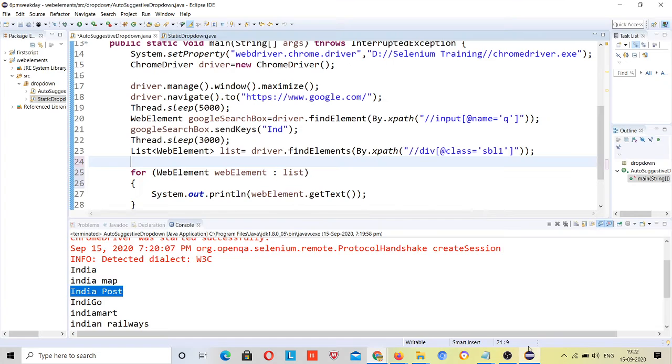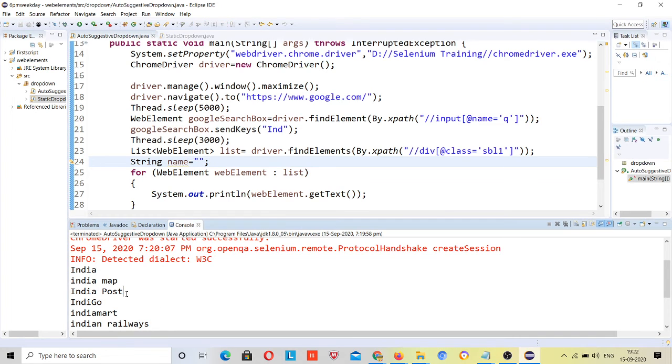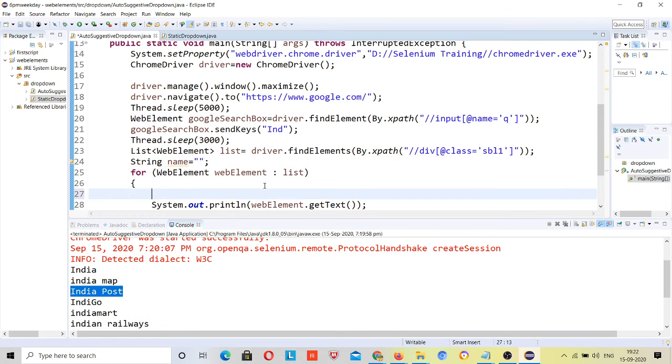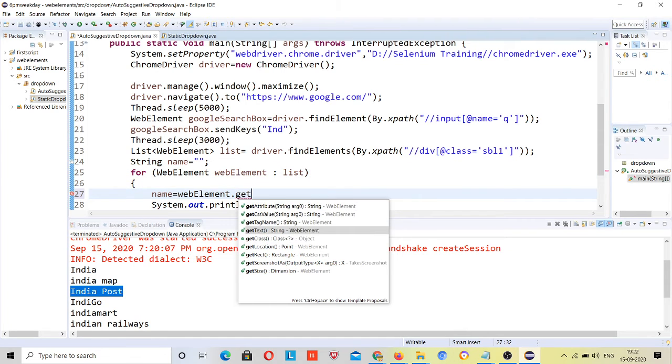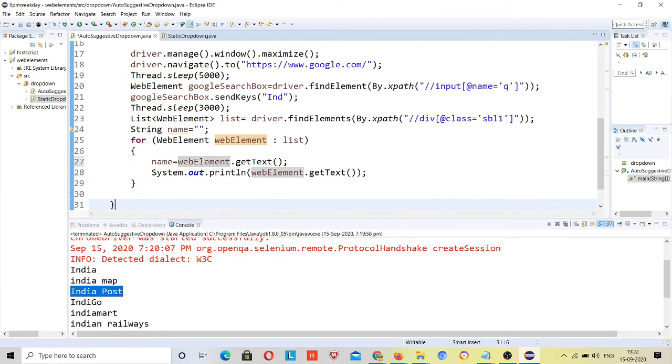First just declare a variable name equal to blank, right? And just copy this one, India Post, and here every time name is equal to this webElement.getText, right? Now every time you are storing every result in this name variable.